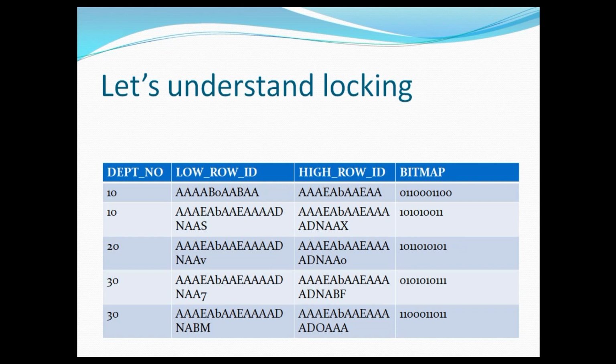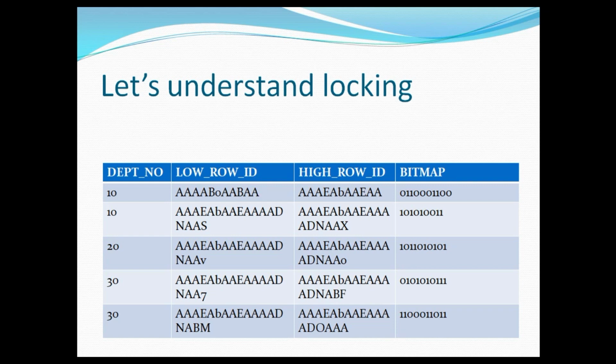Now let's say another transaction is trying to add an entry in department number 10, which is to be added in this particular entry. That will also have to wait for the completion of the earlier 2 transactions. So understand, guys, if this table is being updated by 15 different transactions at the same time, they will all go waiting for the earlier transactions to commit, which will result in a lot of deadlock and performance issues. That's why it is a prerequisite that you don't create a bitmap index on a column that is being frequently updated by multiple processes.